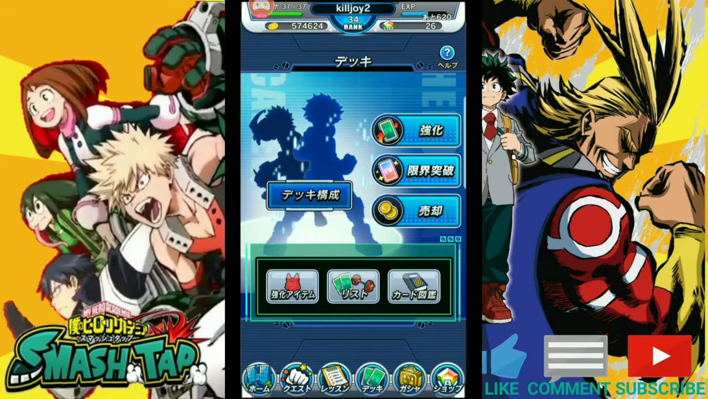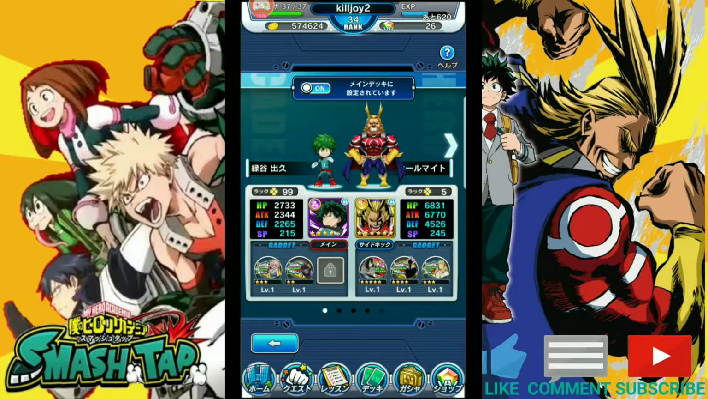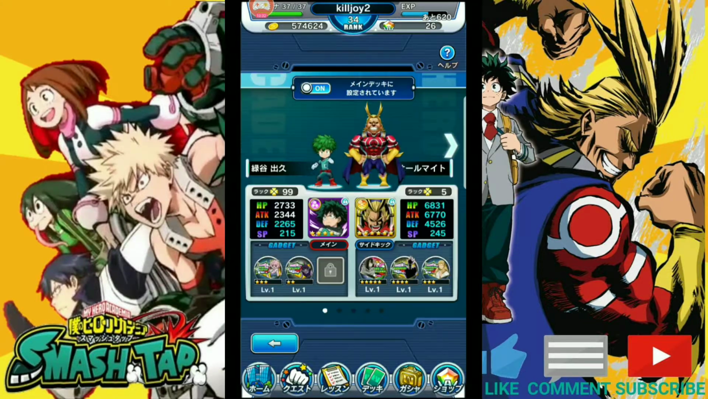The little big middle button there allows you to work on your team composition. From there, you can click on the characters and switch them out, or click on the gadgets and switch that out as well. Now again, if you're just starting out the game, what I would really recommend is grinding